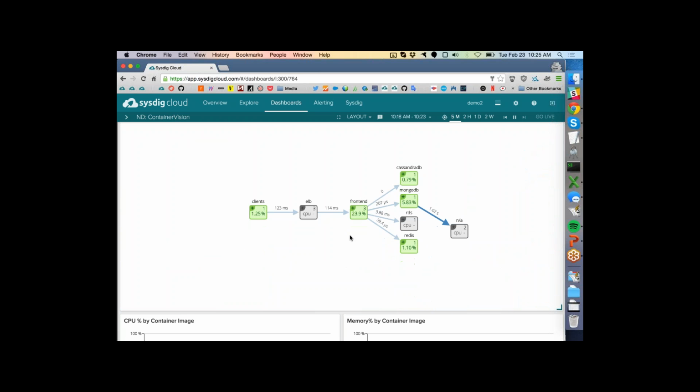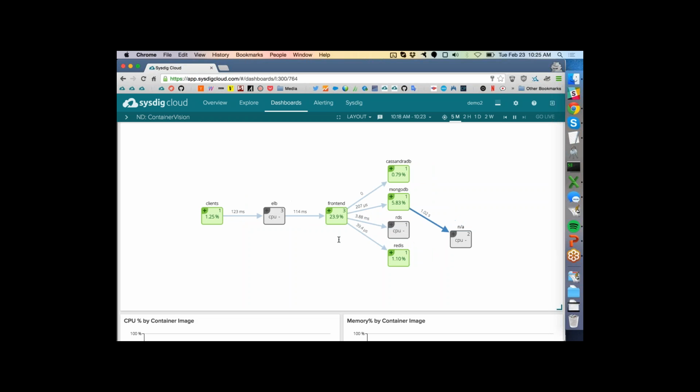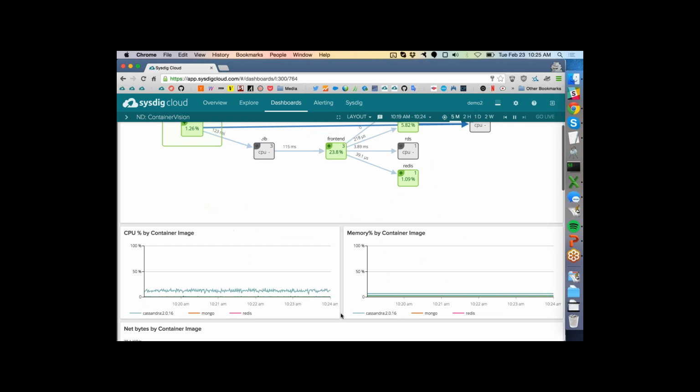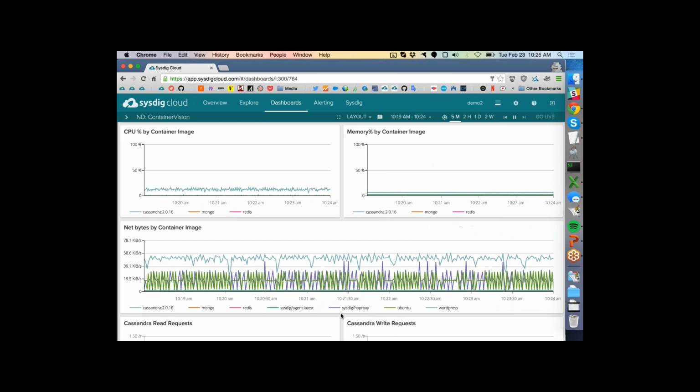Now, with this level of visibility, we can start to give you more of that classic monitoring experience, but do it in a really modern way for your containerized environment. So if I scroll down here, I see what hopefully looks like a pretty familiar dashboard. I'm looking at things like CPU and memory and network traffic. But in this case, I'm looking at it on a container basis, specifically broken out by container image here, although we could break it down on an individual container basis, of course, as well.